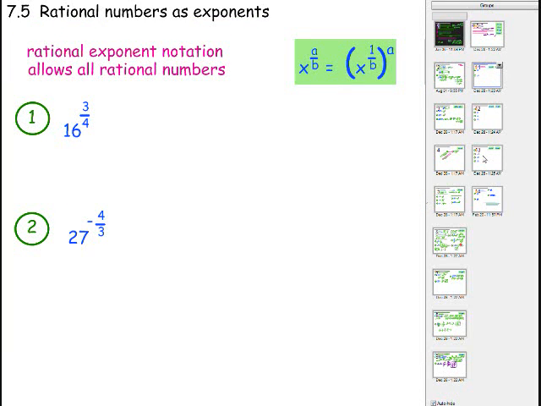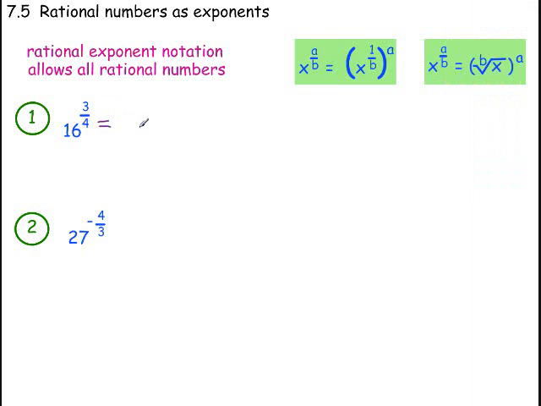We've got 4 slides to go. Let's see how we do here. You are going to like these. Rational exponents. We can use any rational number up here. Let's see what I can do with this to simplify it. If I say 16 to the 1/4 power, and you'll see in a minute why I'm doing that,